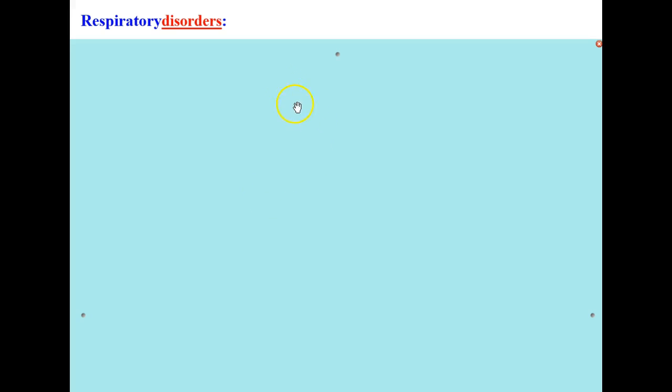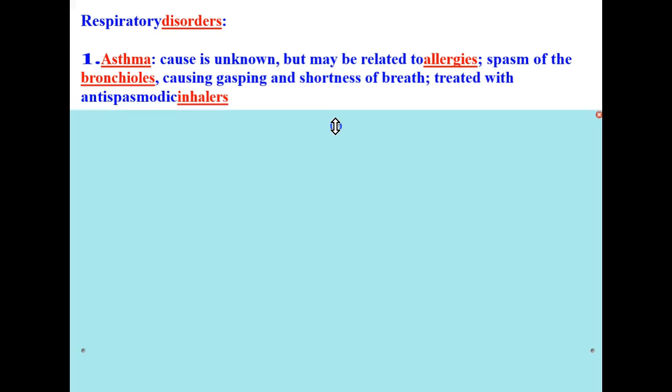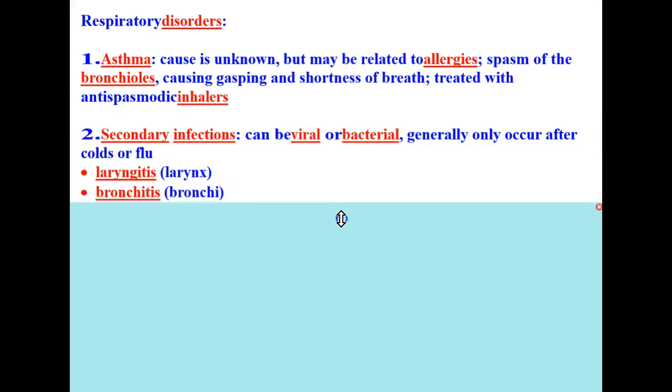5 respiratory disorders, and we start with asthma. Asthma, the cause is unknown, but it may be related to allergies, and it is a spasm of the bronchioles, causing gasping and shortness of breath. Asthma is usually treated with antispasmodic inhalers. The second one